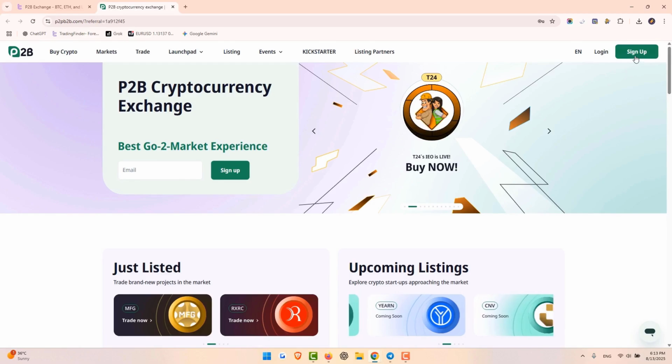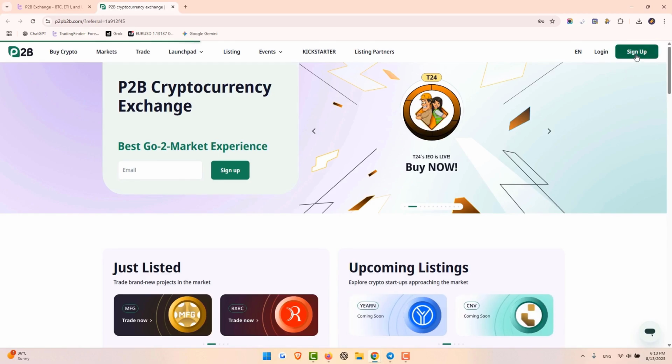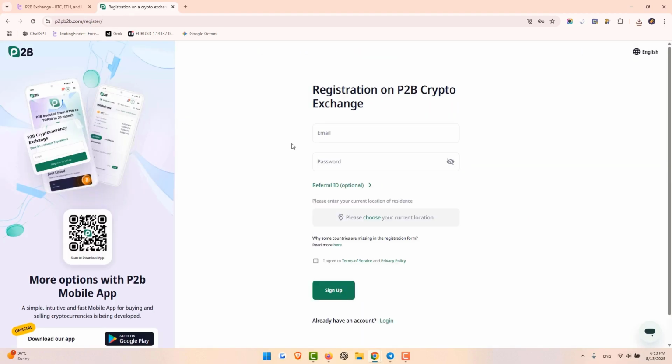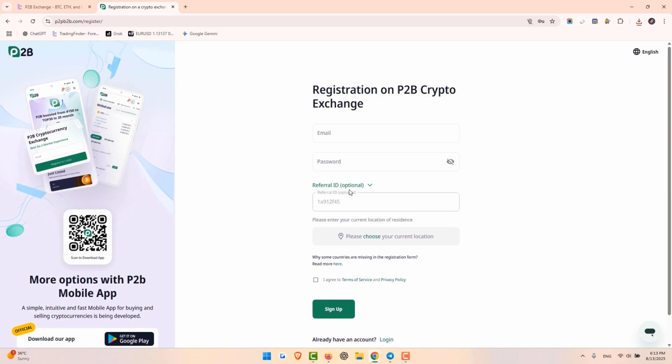Now, on this page, you need to click on the Sign Up option. On the next page, you'll be asked to enter your email and password. For your password, we recommend using uppercase letters, lowercase letters, numbers, and symbols. Also, if you have a referral code, you can enter it in this section. You need to select your country of residence here, agree to the website's terms and conditions, and then click on